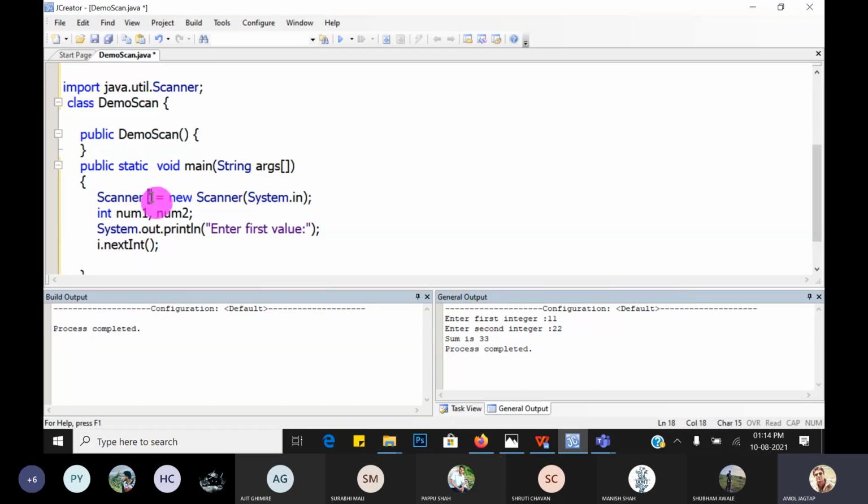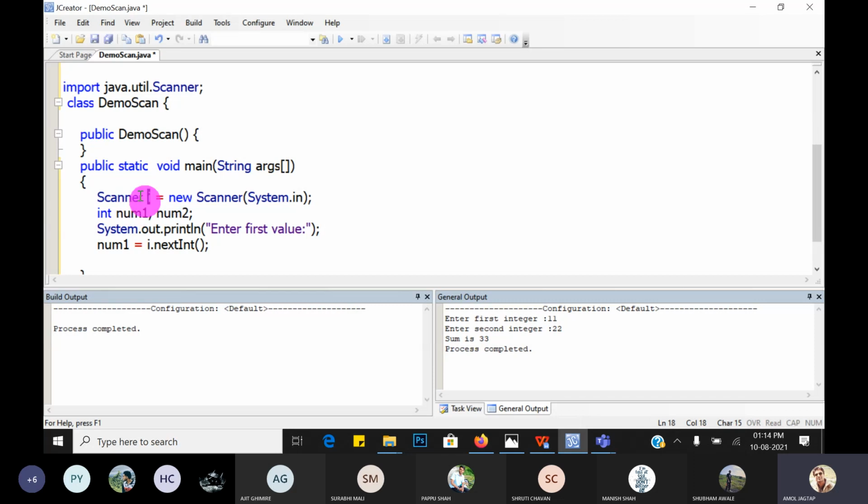That is the object i, which is a stream object of class Scanner. nextInt returns an integer value. So we want to store it into which variable? num1. So num1 is equal to i.nextInt, because nextInt is a method of the Scanner class, which is non-static, meaning it is accessible by using its object name.